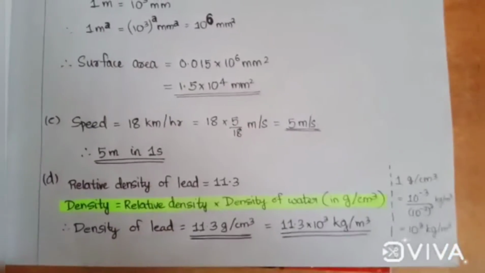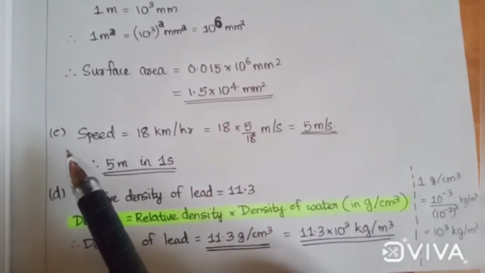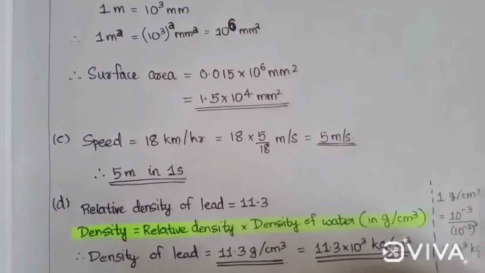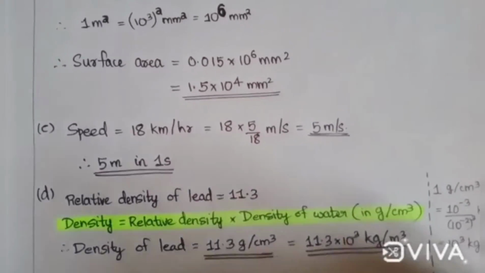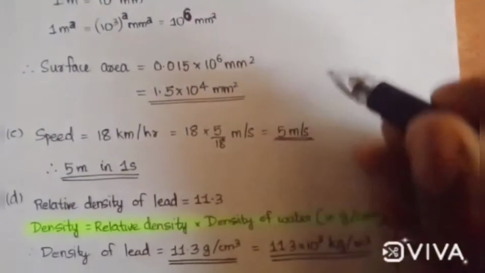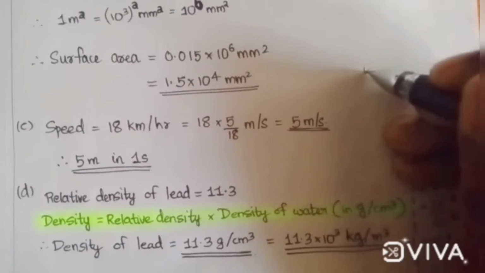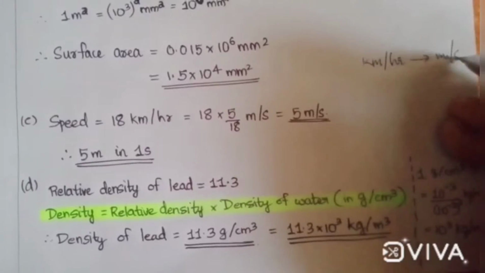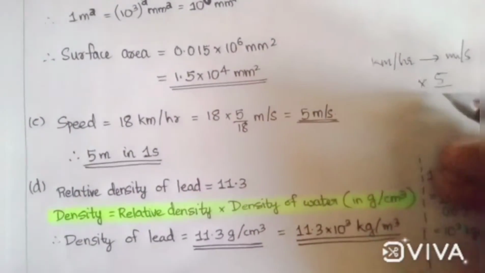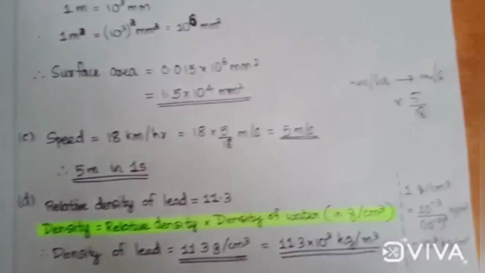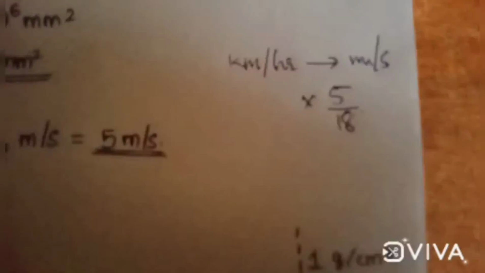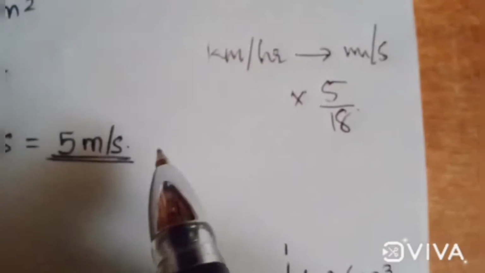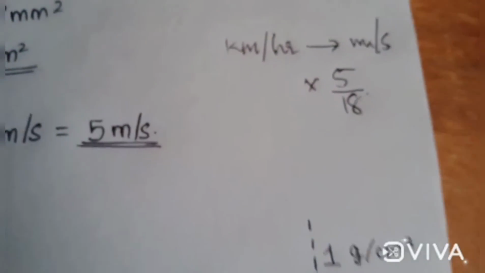Next part is question number C. The question is actually to convert kilometer per hour to meter per second. So in the question it's given that the speed is 18 kilometer per hour. To convert kilometer per hour to meter per second, we have to multiply 5 by 18. But some students are confused with these numbers. So for them, I will give one shortcut, and that is,